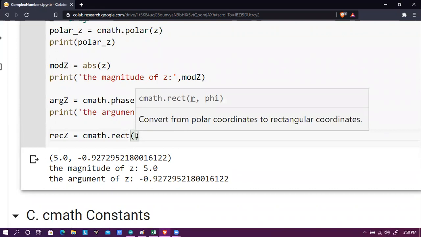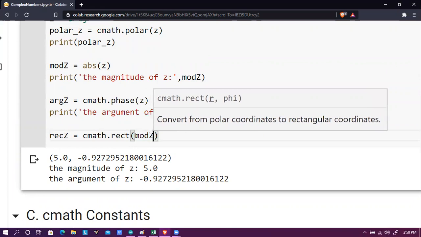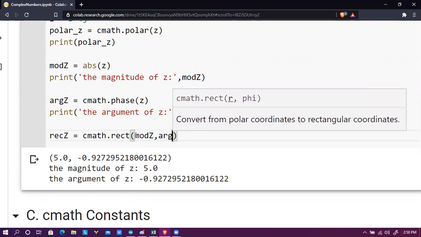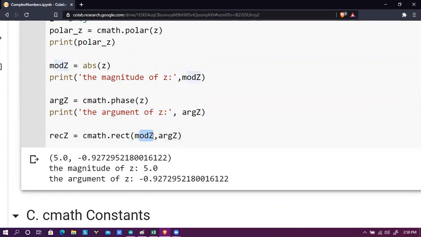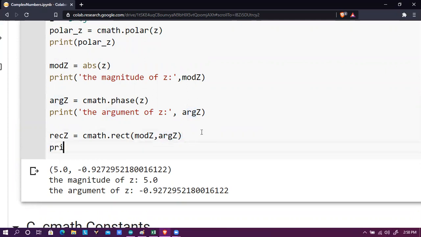So let's try. Now, what will be the argument here? The argument is very simple. Okay, we need the modulus of z, okay, and the argument of z. So we have this value a while ago. Modulus of z is equals to 5, and the argument of z is equals to negative 0.927295. Okay, now if we are going to print this out, let's say print, okay, the polar equivalent